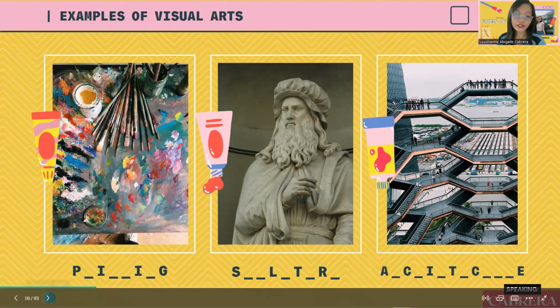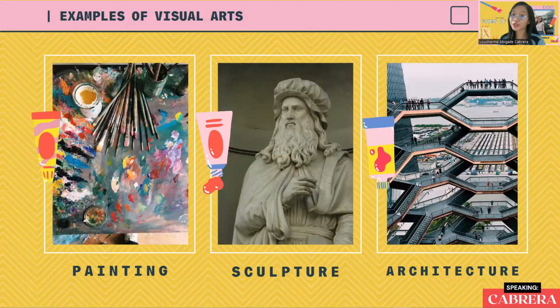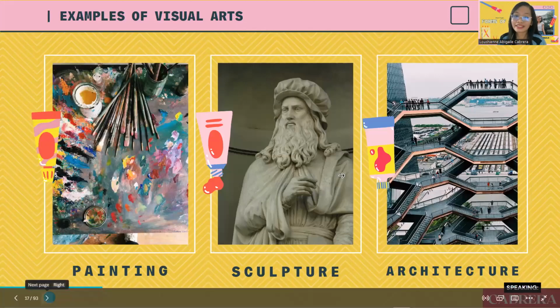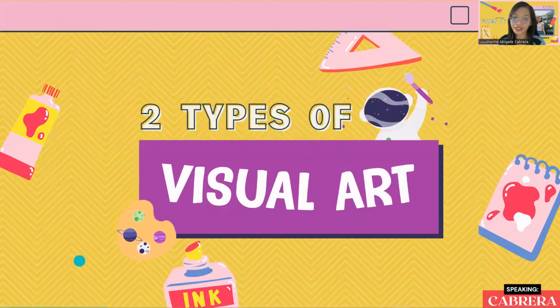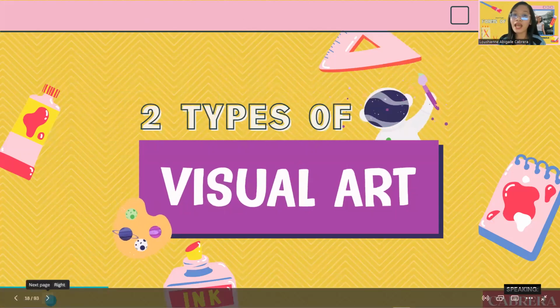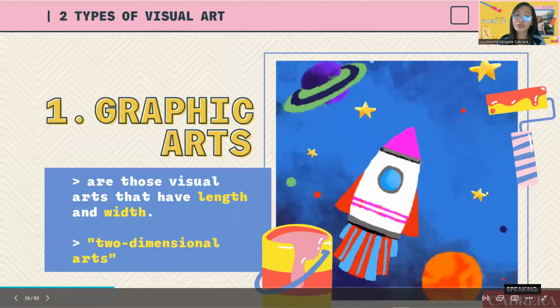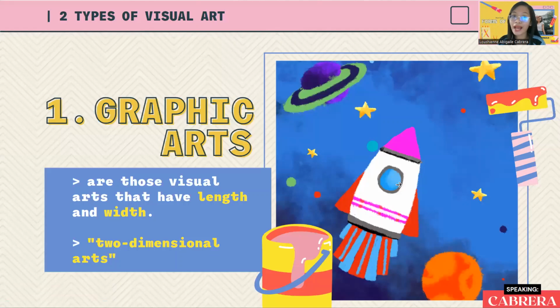Okay, answer reveal. The first image is the painting, the second one is sculpture, and the third one is architecture. So, nakuha nyo ba yung tamang sagot? Okay. Next. Kasama sa visual art ang paintings, sculptures, and architectures. Yung nakita nating tatlo. And meron din dalawang types ang visual art, which is number 1, we have the graphic